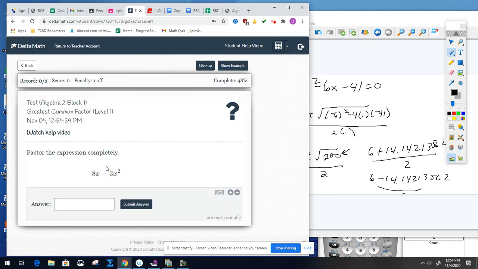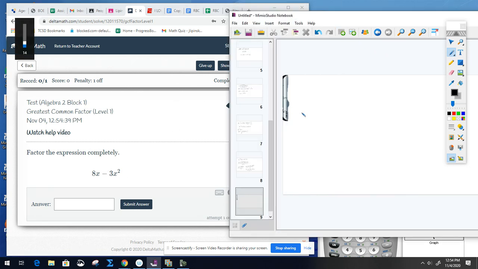as you do these. So greatest common factor. So for this problem right here, and again, I want to make sure that we go through this stuff and you're understanding it. 8x minus 3x squared. The numbers don't have a common factor. I just have an x I can take out. So it'd be 8 minus a 3x. So pretty simple,